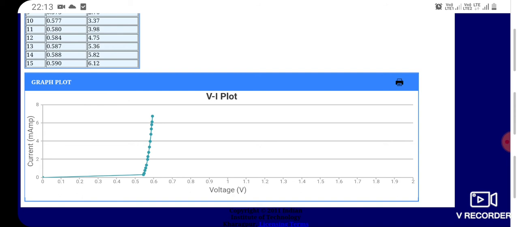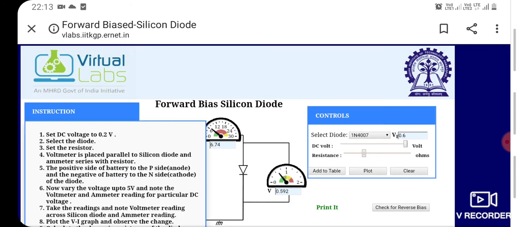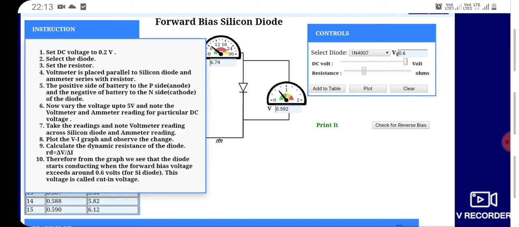Okay, so after that we have to scroll up and again click the instruction, and here you can see instruction 8, that is plot the VI graph and observe the change.